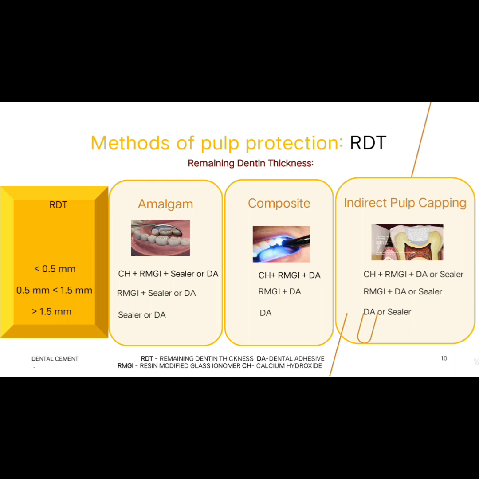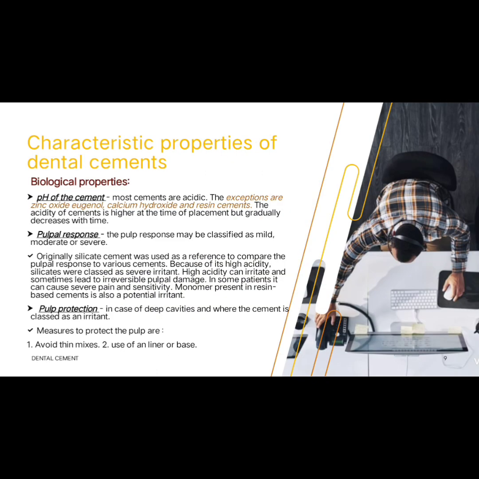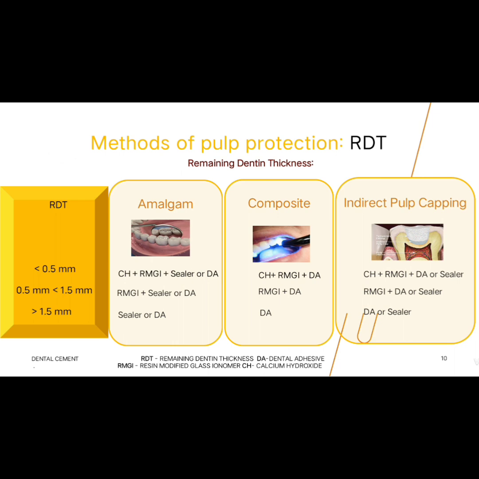So you have to be very careful. In such cases, if you are giving an amalgam restoration, as we have discussed in the previous slide, you need to see how to protect the pulp. Here, if you are giving an amalgam preparation, you need to give calcium hydroxide, RMGIC, that is resin modified glass ionomer cement, and a sealer or a dental adhesive as the base,